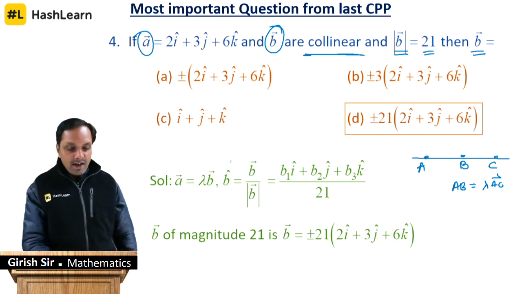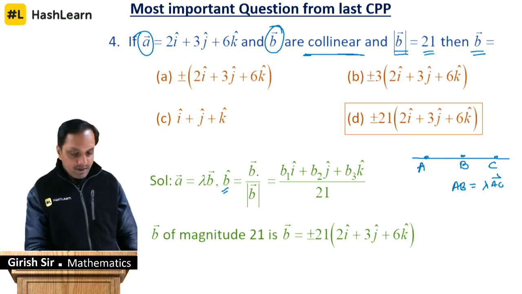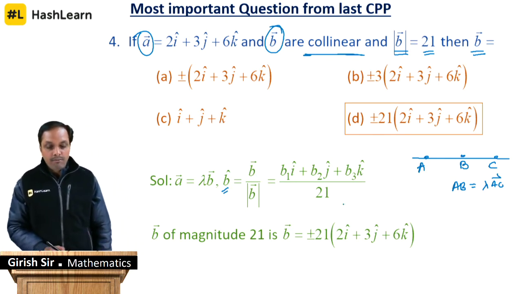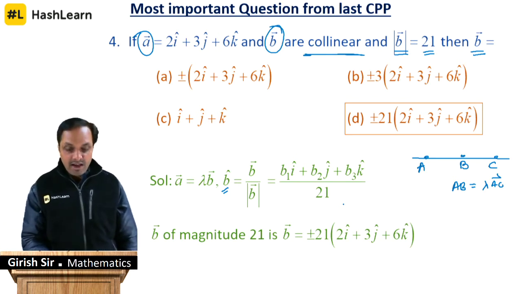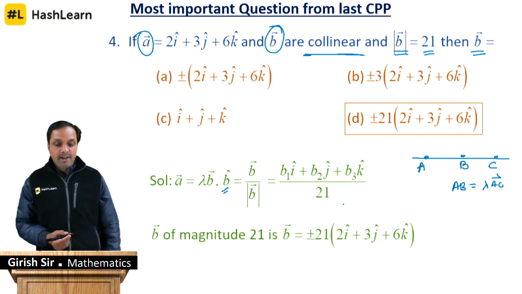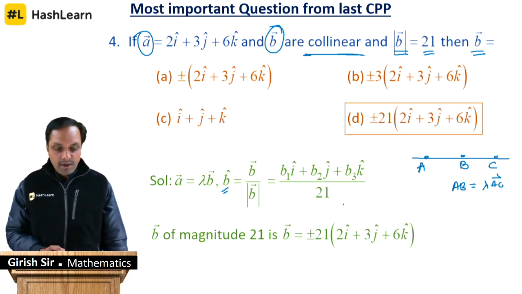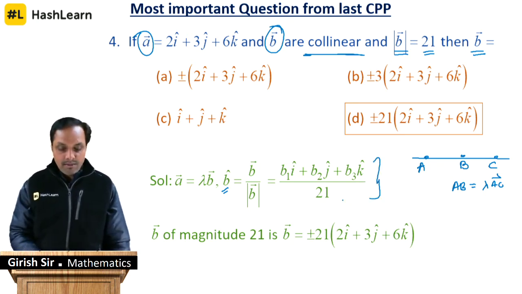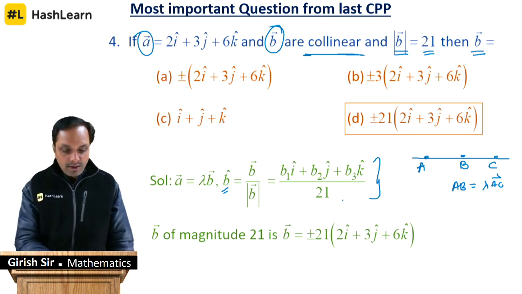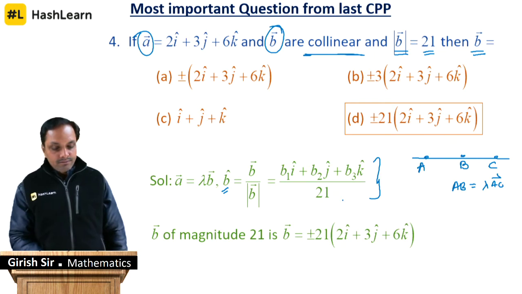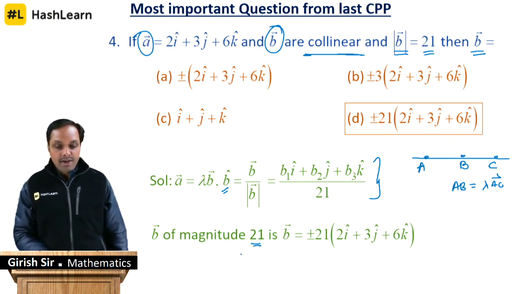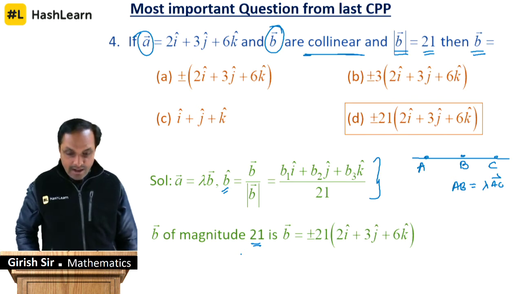So what is your B cap, which is the unit vector? It is nothing but the vector divided by the magnitude. If you assume B1i plus B2j plus B3k as the B vector and divide it by the magnitude 21, you will get the B cap. Once you get the B cap, you need to cross check and identify whose magnitude is 21. So by looking at the options,